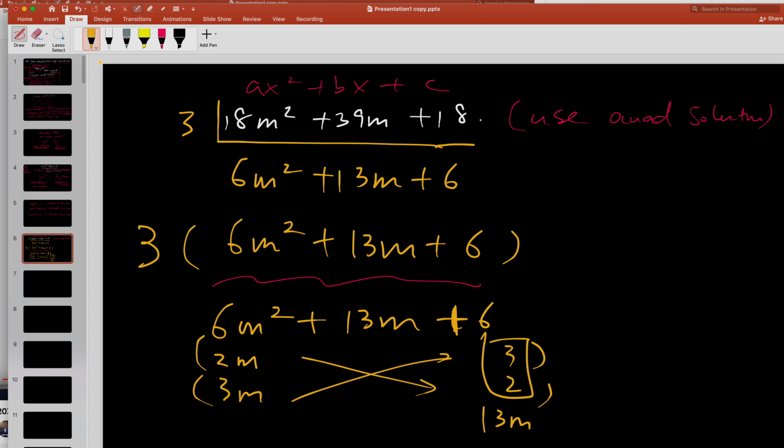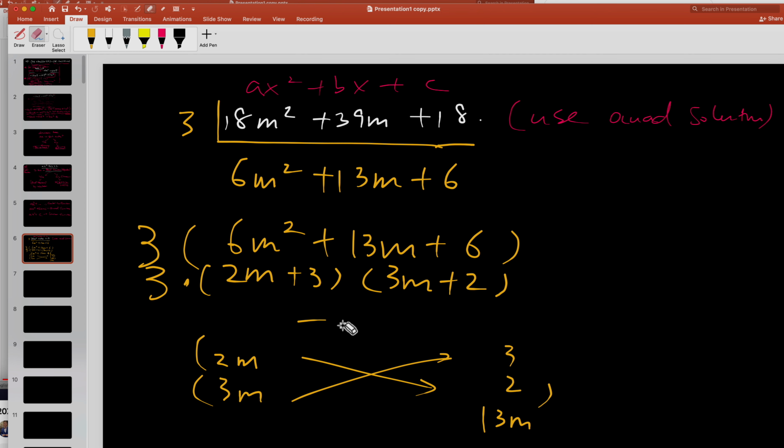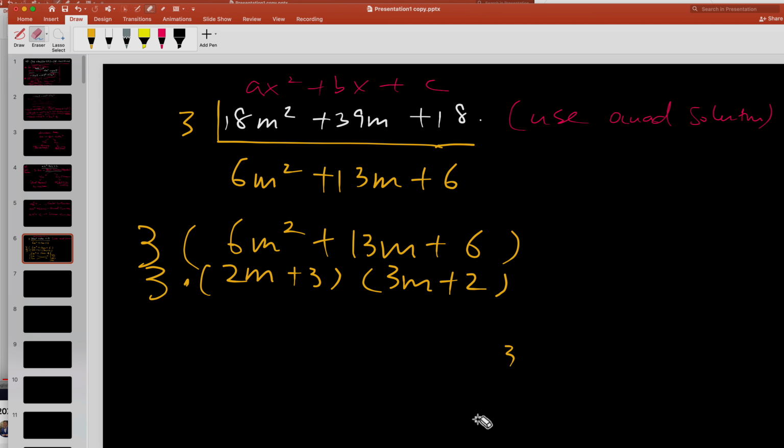And therefore, this whole thing is equal to 3 times (2m plus 3)(3m plus 2). Don't forget the 3. That's it. That's the answer. Simple? Yeah, so that's the answer. Okay, so for this question,